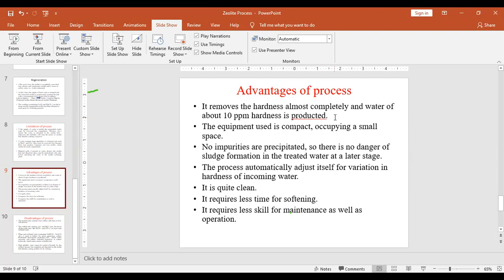And then the next thing, when you are removing, we need to treat that. Okay, so that is another task being added into the treatment process. But that kind of problem is not observed in the zeolite method. म्हणजे इथं sludges form होत नाही, simply regeneration process करावी लागते, बरोबर? So that can be removed. The process automatically adjusts itself for variation in hardness of incoming water. It is quite clean. It requires less time for softening. It requires less skill for maintenance as well as for operation. So that's why this method is more effective than the lime soda method. So I request from this part, I request you to copy the